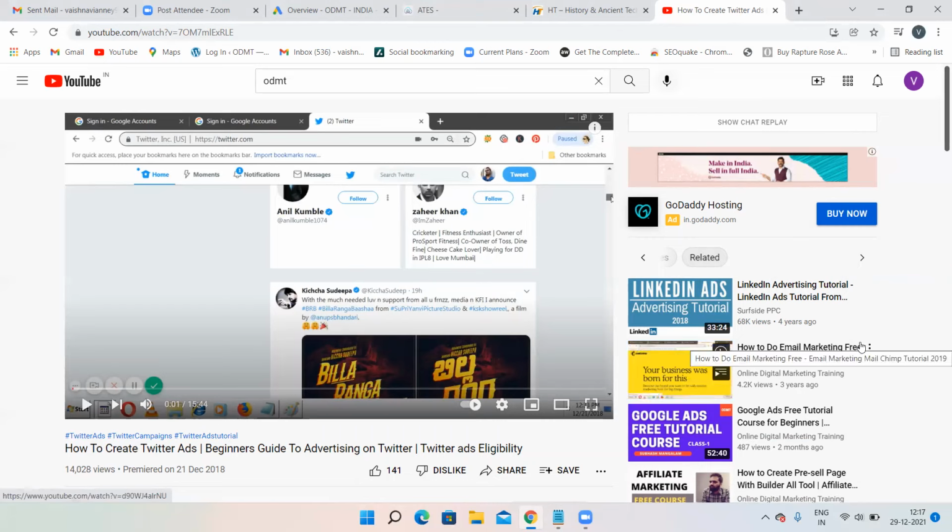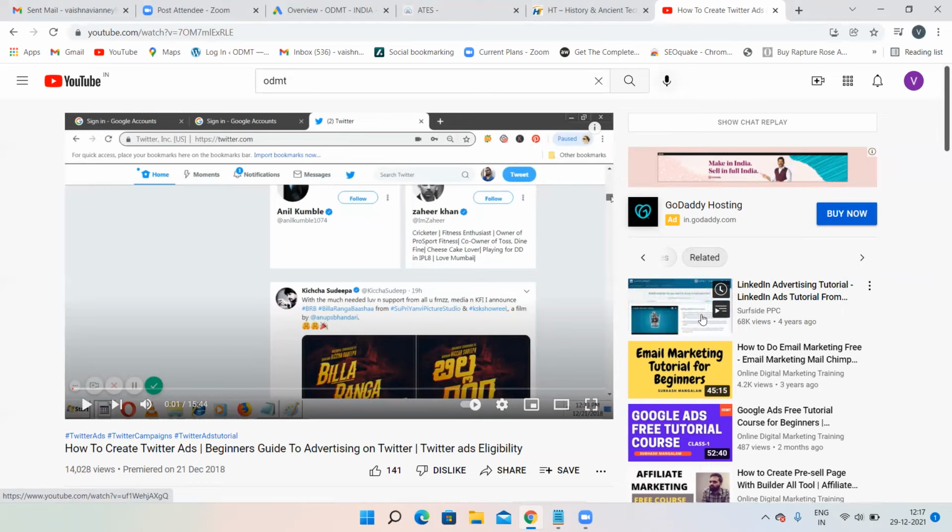Now it is up to me whether I want to click this ad or not. It is in my hand. With my interest, I have to click this advertisement. But can I choose whether I want to see this ad or not? If it is an in-stream ad, I cannot choose. 100% that ad will appear to me. Here I can choose, because only if I click over here will the advertisement appear to me. But here, even if I do not click, the advertisement is appearing to me. So this is not intent based, but this is intent based. Based on my interest, I can click on the advertisement.